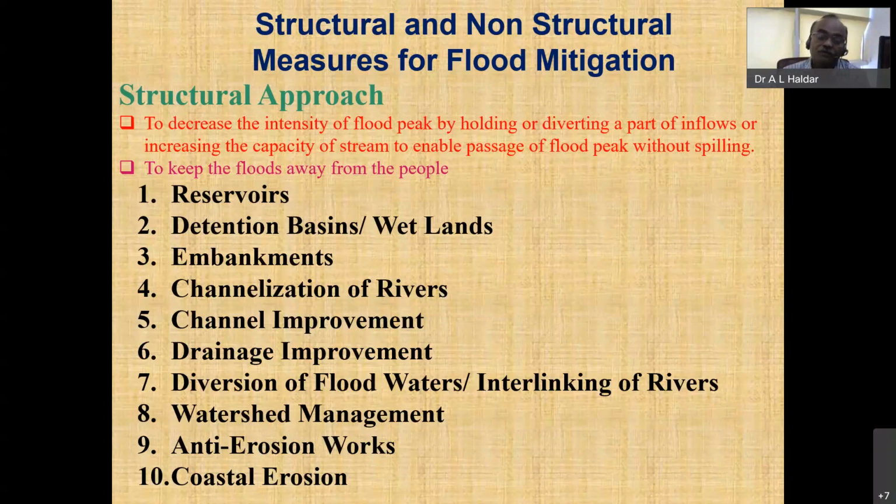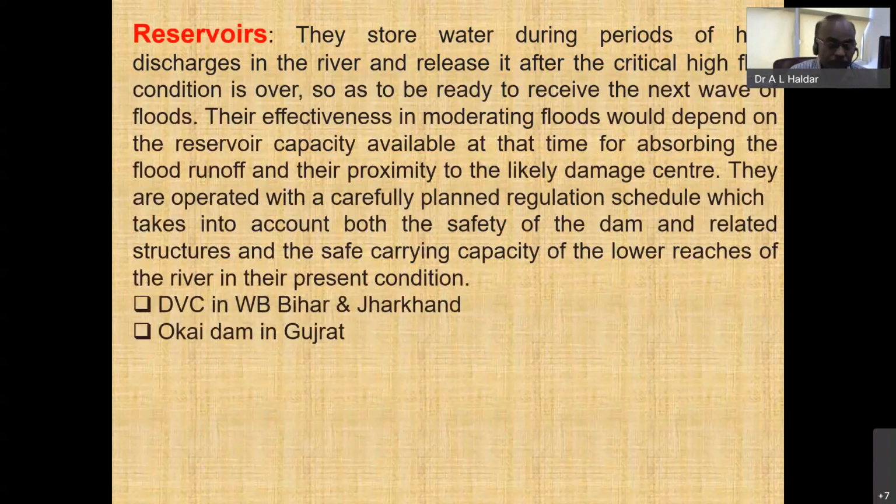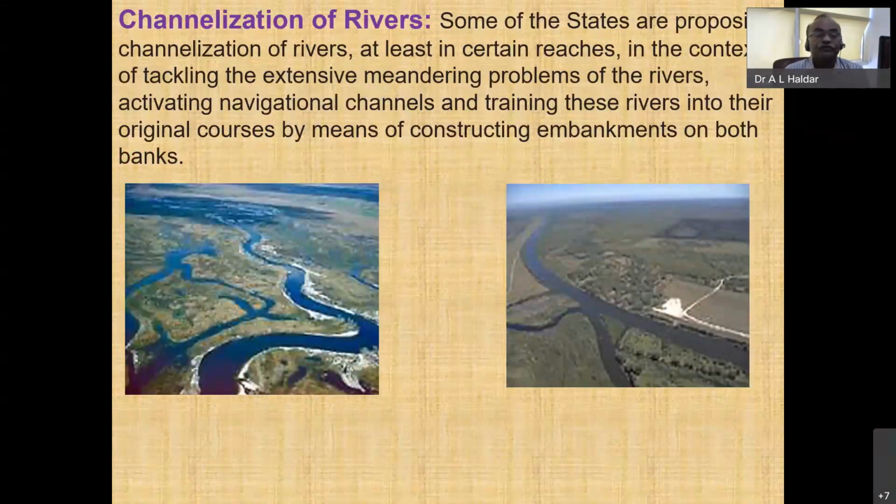And also, on channelization of rivers, a lot of talks are there. Channelization can minimize the flood. I heard that stagnation is there, that it will create a problem, but I will show one figure. See, so you see, this is the generalization of it. You see the left hand side, how this one is the channels. Now, if you channelize in one way, the flood will be minimized and it will pass nicely.